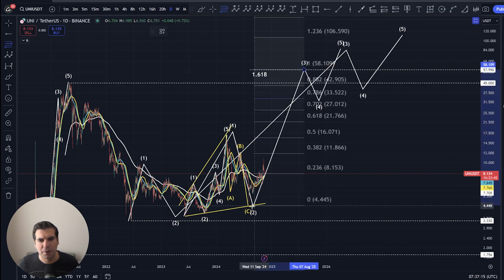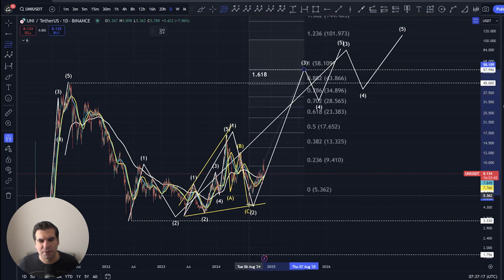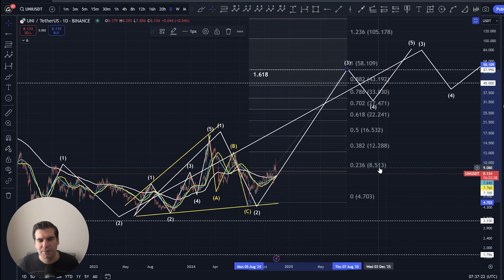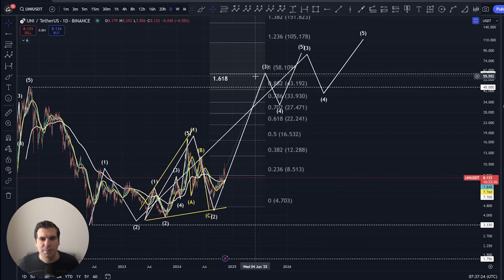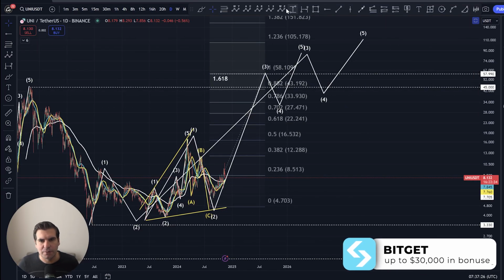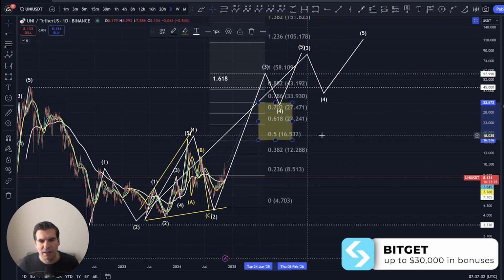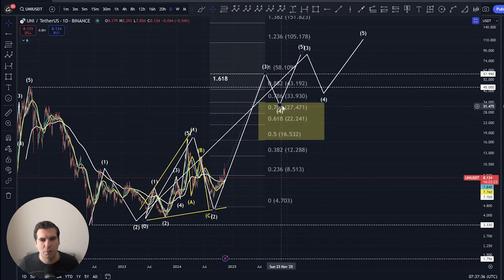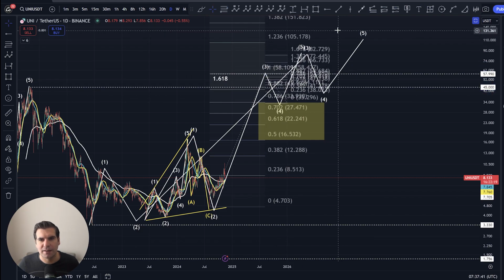Let me go ahead and put in a few targets for this because it can be a little bit complicated. Bear with me just 1 second while I draw in the Fibonacci levels, which are very important. As we hit that $58 level, right? If we do that, we should be thinking about a wave 4 retracing down into this little range right here, basically between $16 and $33. For the purpose of today's video, we'll use the higher range, $33 range. Okay, and if we hit that, then our final